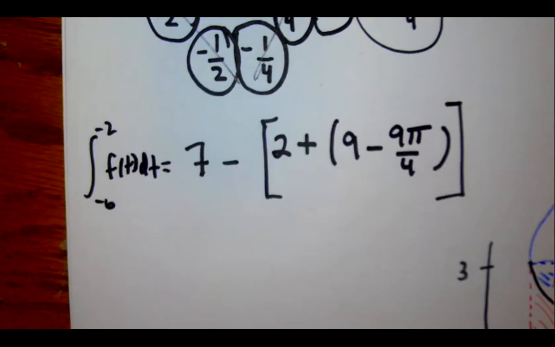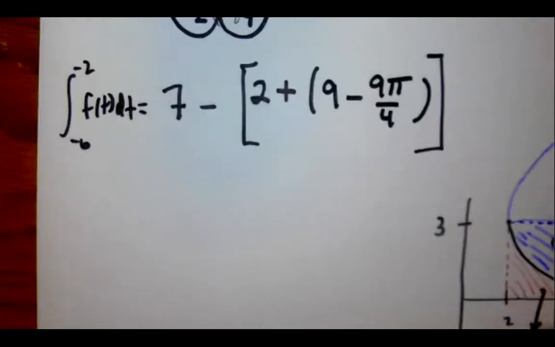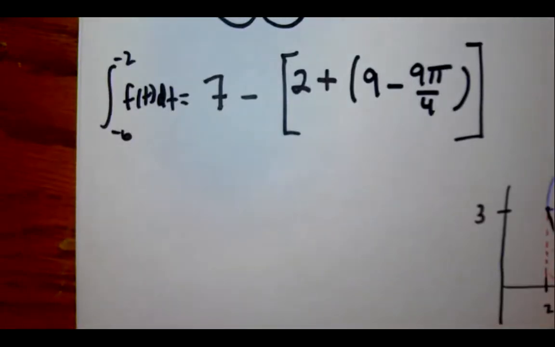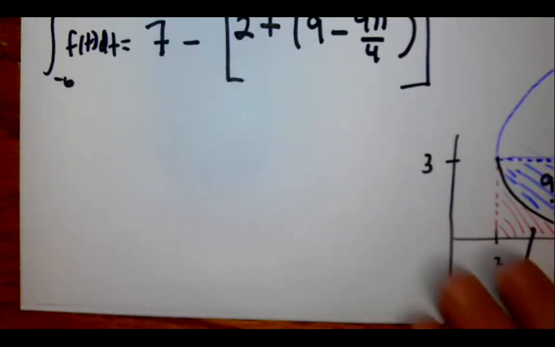Now, if it helps you sleep any better, I consider that like a 9 or a 10 out of 10 level difficulty. But if you can wrap your head around it, that's certainly very good and it'll help you. I've seen more than one quarter circle on AP exams in previous years, not like every year, but there's been more than one problem over the years that has involved finding the area under a